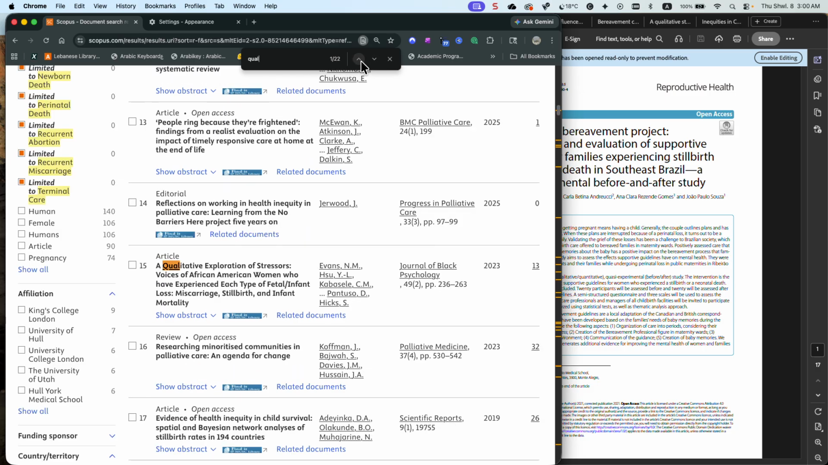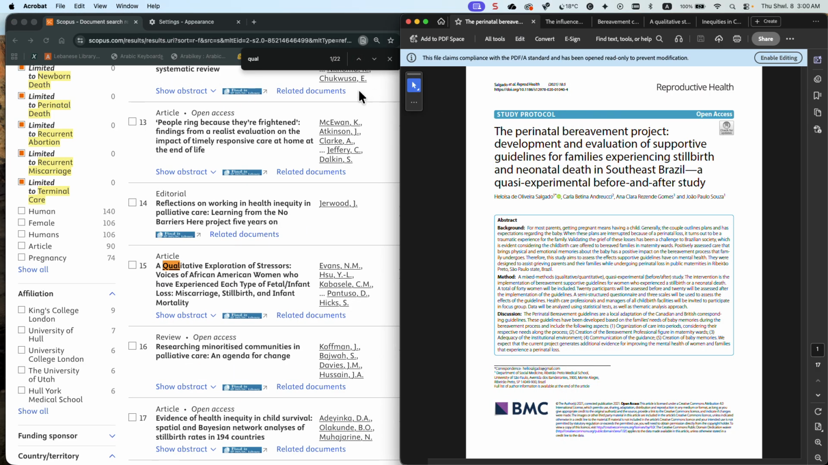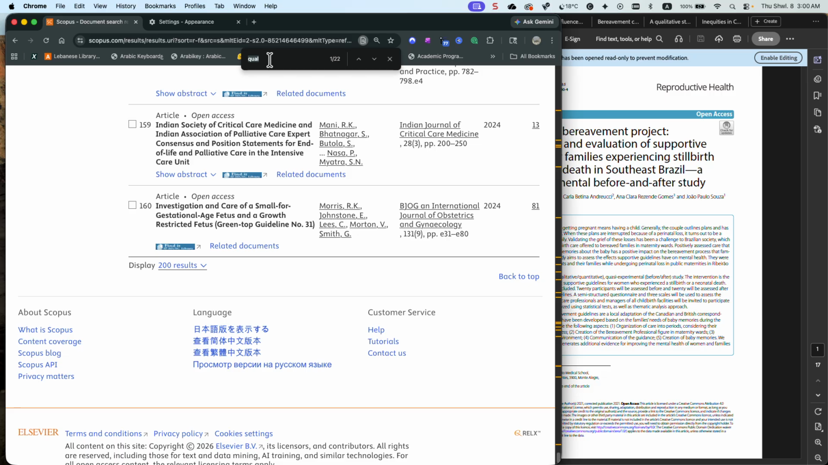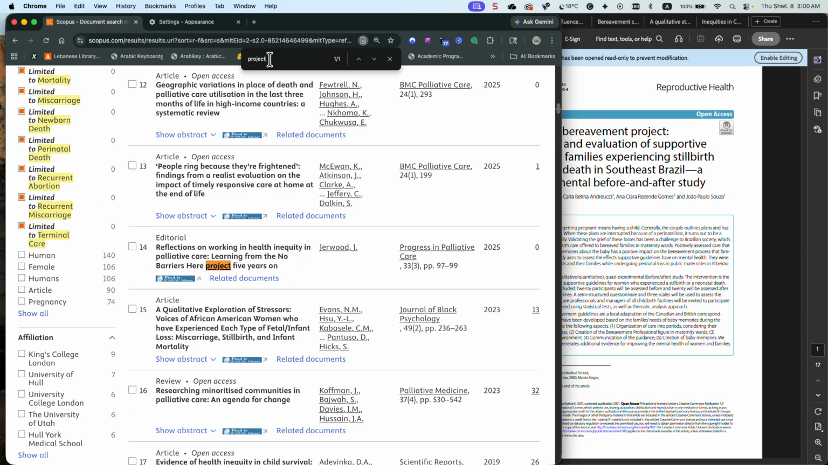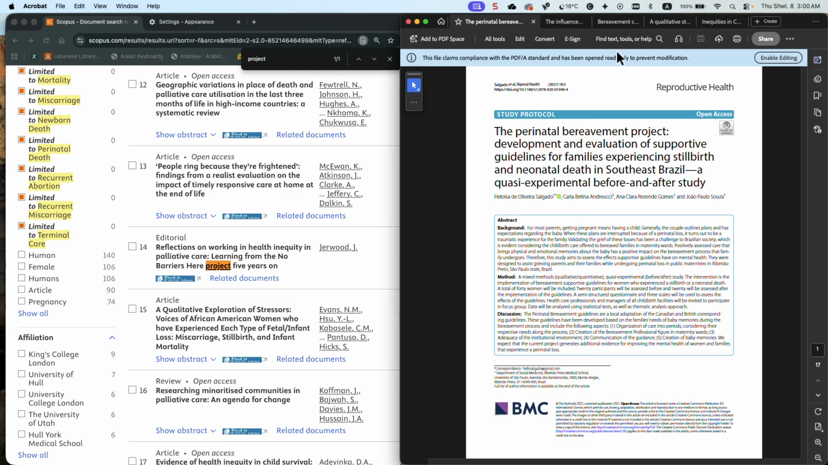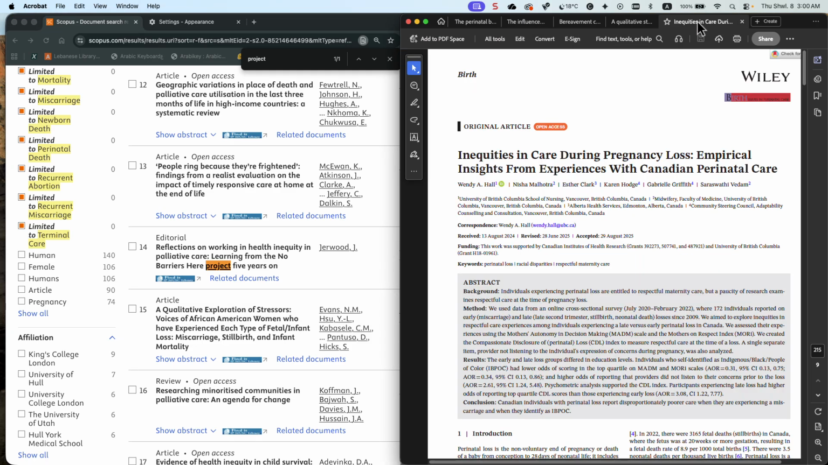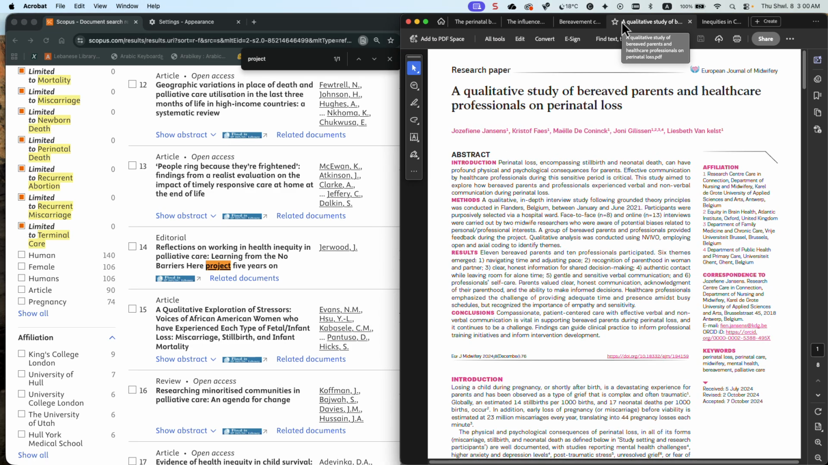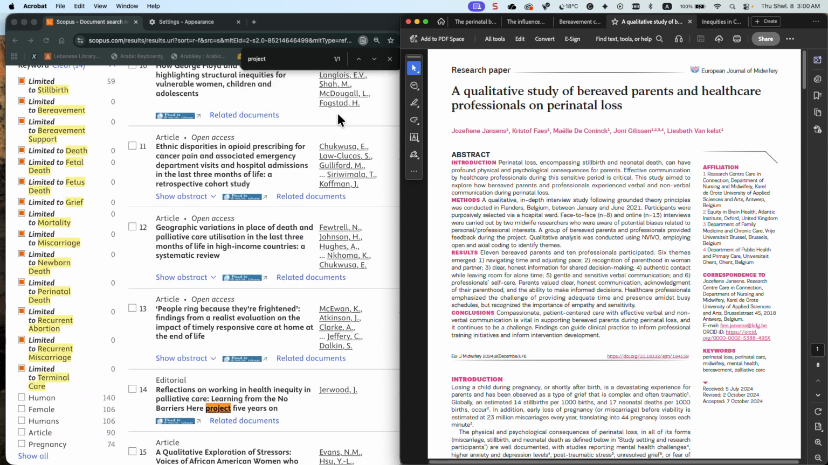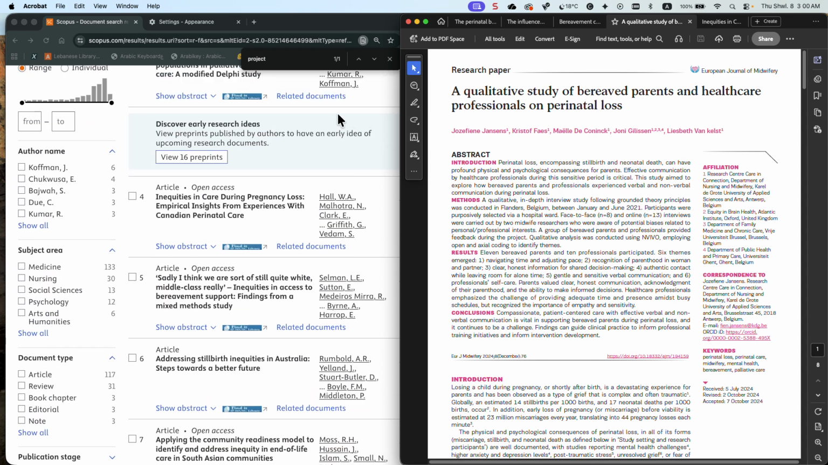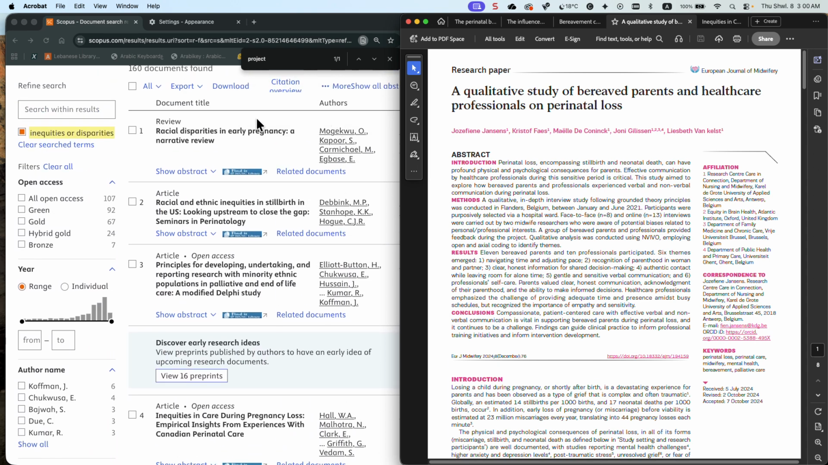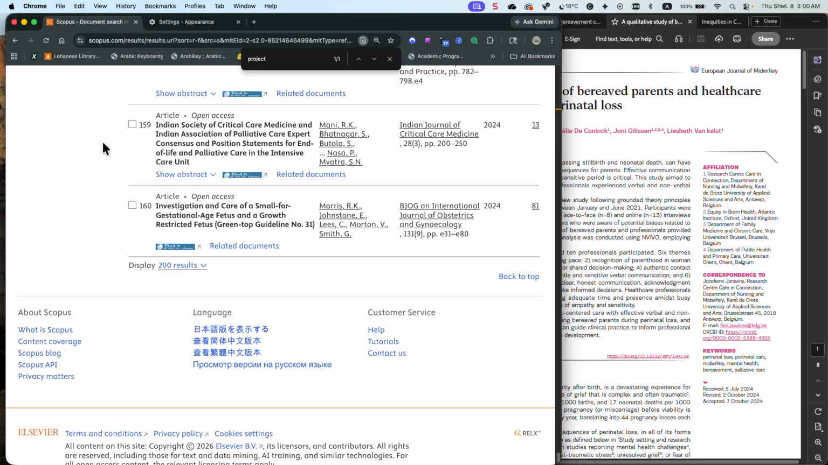Okay, I didn't go through 22 that fast. Okay, and then let's use the word project and see if bereavement project, it doesn't. Okay, so the inequities article showed up, but the qualitative study article does not show up when you limit the results to just inequities. And so if we